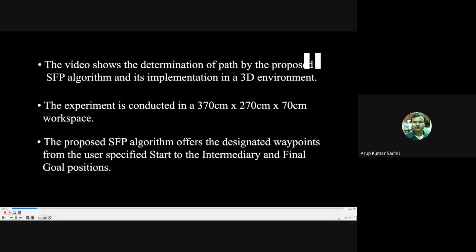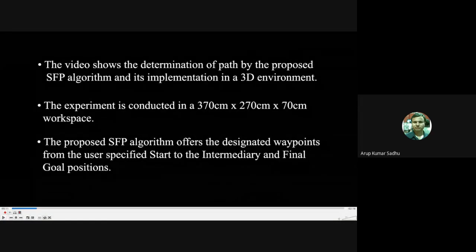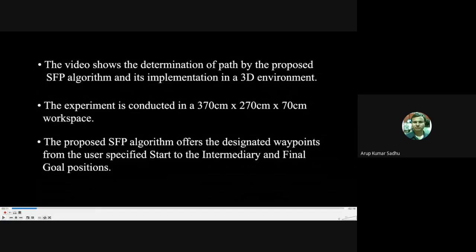The video shows a deterministic path proposed by our algorithm implemented in a 3D environment, which is a 370 by 270 by 70 centimeter workspace. We generate the waypoints based on the graph search method, where the graph is created from our algorithm, and these waypoints are given to the robot to plan accordingly.